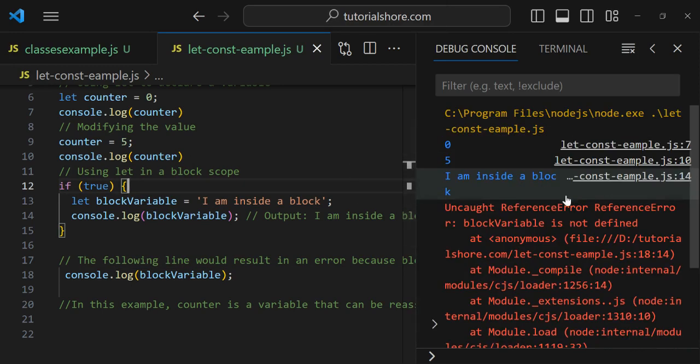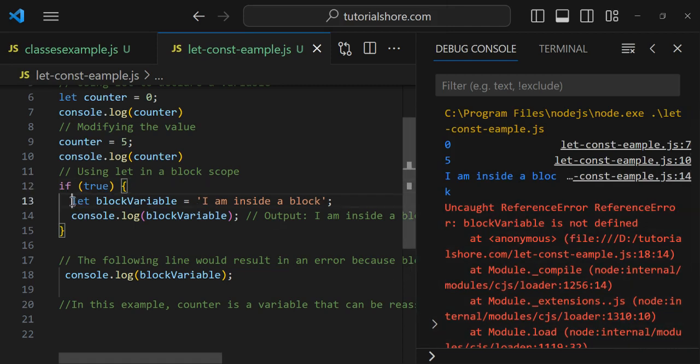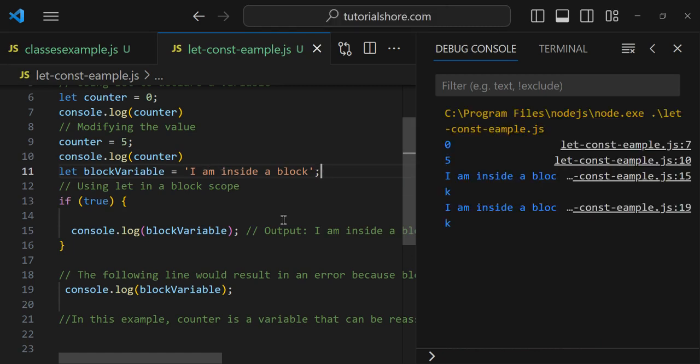See, it comes up with an error. Reference error: block variable is not defined, because it's not defined. Suppose I took this variable declaration here using let, what will happen? It will work, right? Because all are in the same scope, right? So hope you understood about